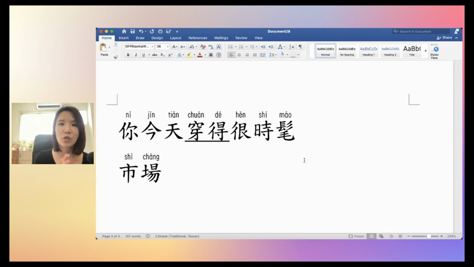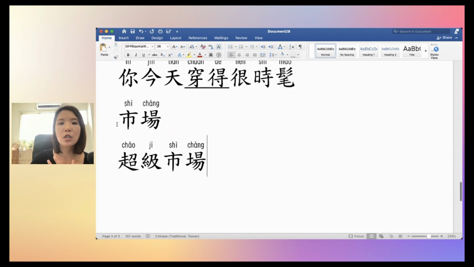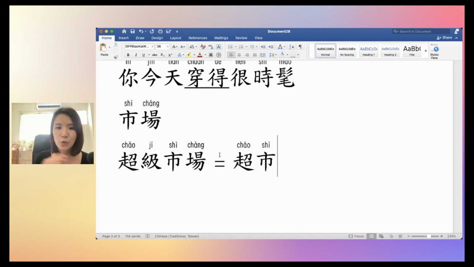市场。And then supermarket is 超级市场。So 市场 is just market, day market, night market, outside market, 市场。And supermarket, 超级市场, or short, 超市。Okay, 超市 is the same, supermarket, 超市, or market, 市场。